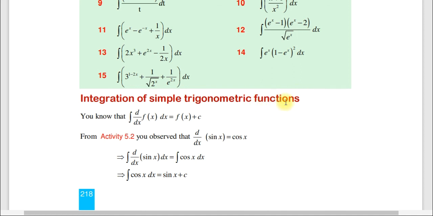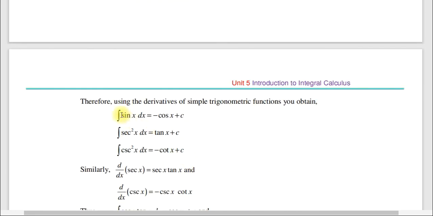Simple trigonometric function ተሰጥቶን እንዴት አድርገን መስራት እንችላለን። You know that the integration of d by dx of f of x dx equal to f of x plus c እንደሆነ አይተናል። ይሄን የት ነው ያየነው፣ property of integration የሚለው ላይ ማለት ነው። So d by dx of sin x ማለት cos x ነው። The integration of d by dx of sin x dx ማለት the integration of cos x dx ማለት። So the integration of cos x dx ማለት sin x plus c እንደሆነ እናውቃለን። Therefore using the derivative of simple trigonometric function you obtain that the integration of sin x dx ማለት minus cos x plus c ማለት።